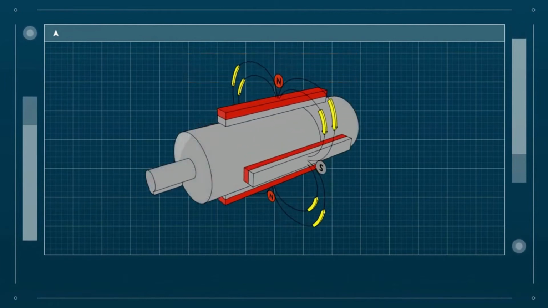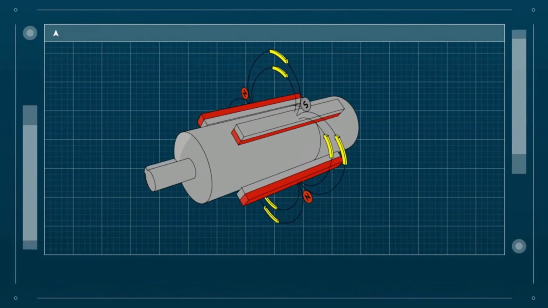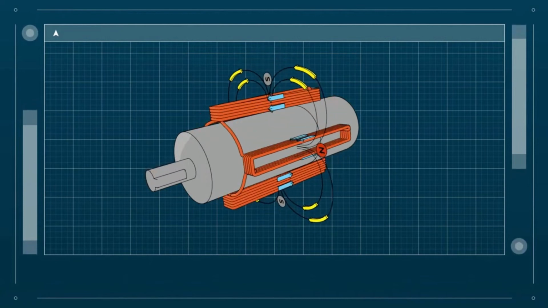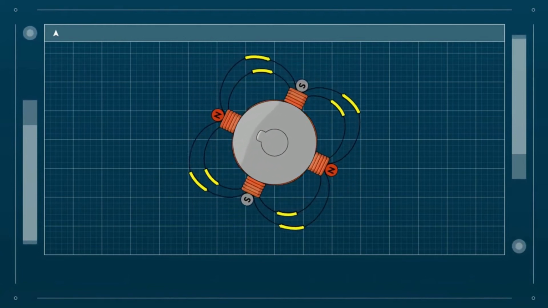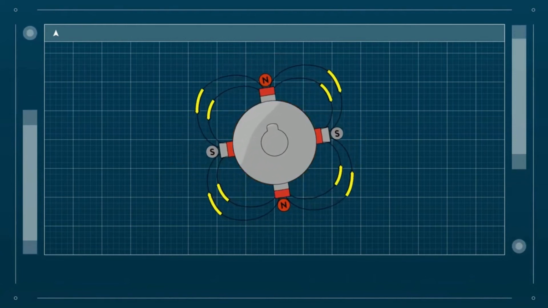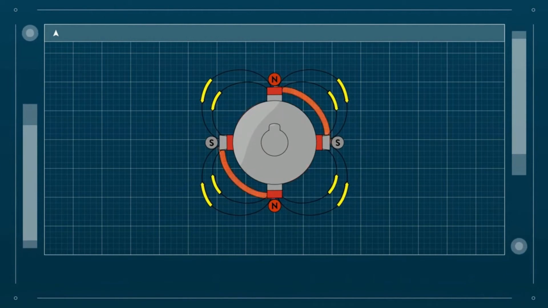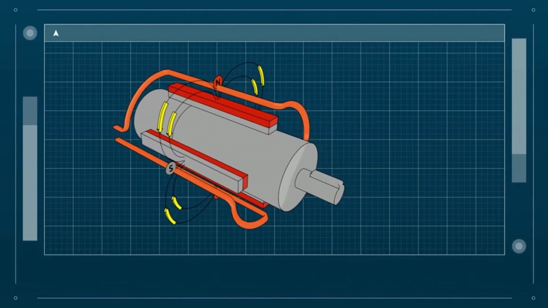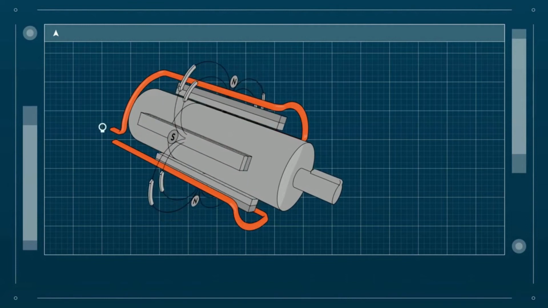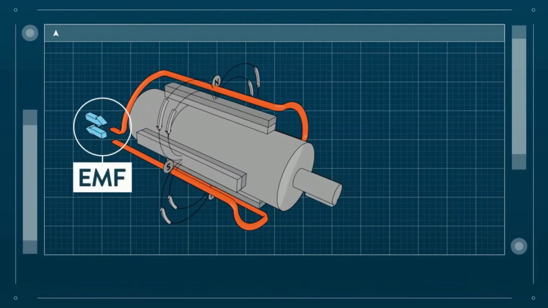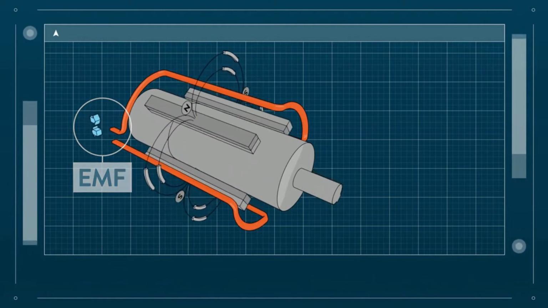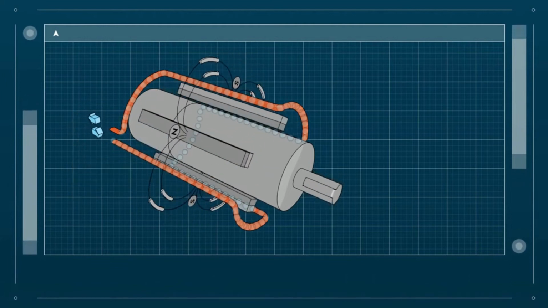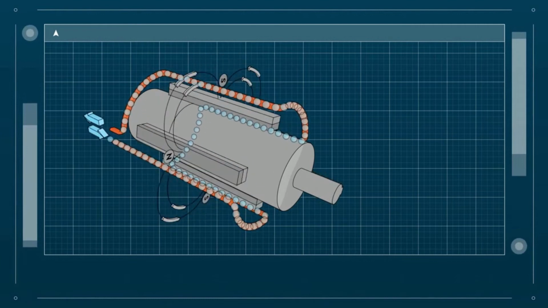A permanent magnet causes a magnetic flux. Or alternatively, rotor coils can be excited with a DC power source. This is what the magnetic flux would look like for a 4-pole rotor. When an armature coil is wrapped around a rotor, the moving magnetic flux creates an alternating electromagnetic force in the coil. The electrons inside the material are disturbed by the magnetic field and are forced to move in an alternating